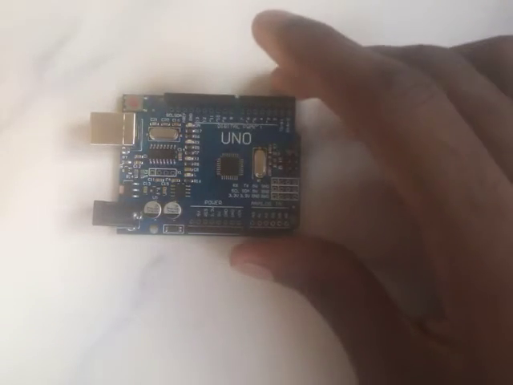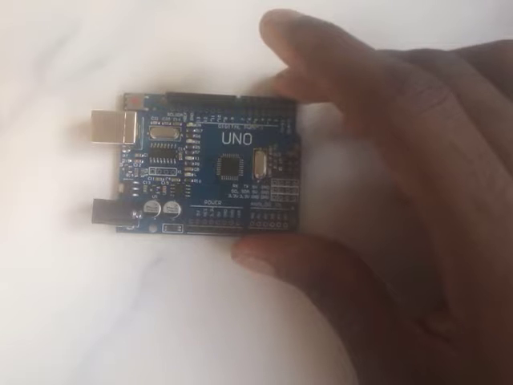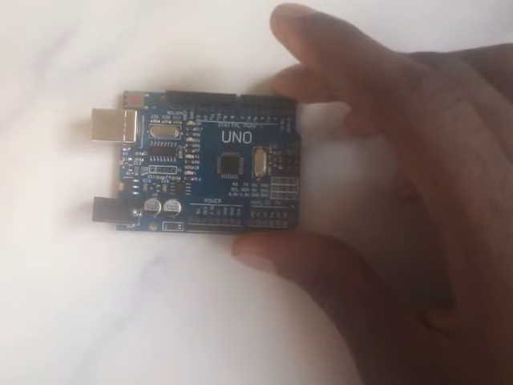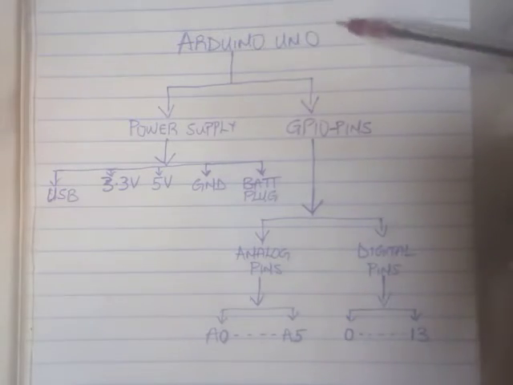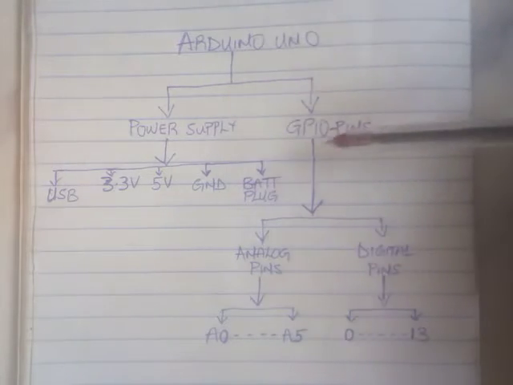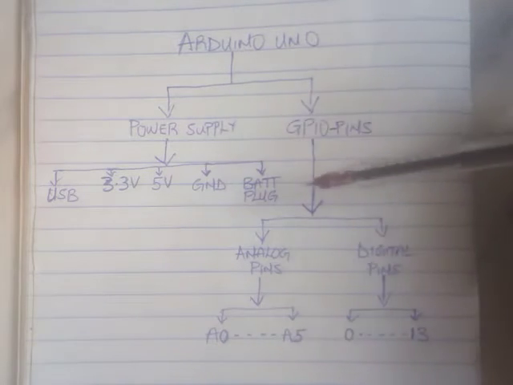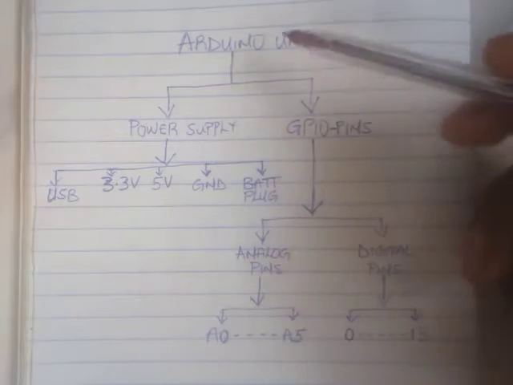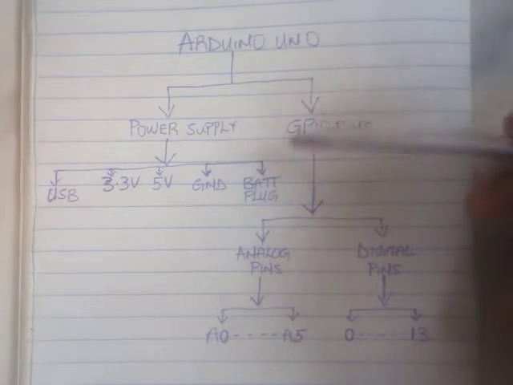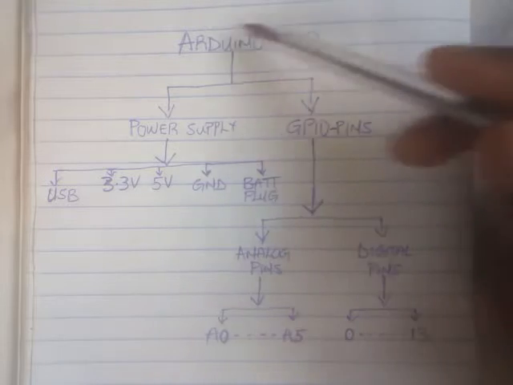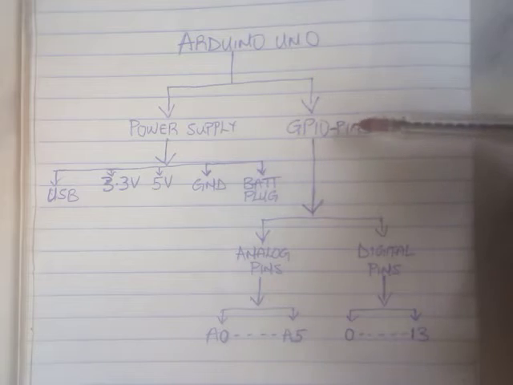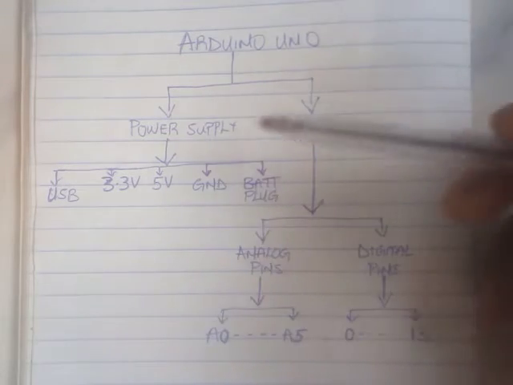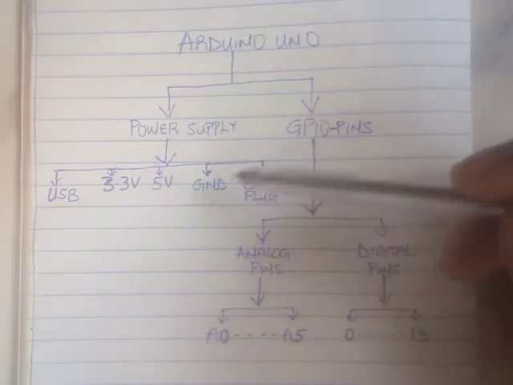Now the Arduino board is divided into some parts. The Arduino Uno board is divided into two major parts: the power supply part and the GPIO pins. This is the Arduino Uno board that we just saw some seconds ago, and it is divided into the power supply part and the GPIO pin part, where the power supply part is actually divided into